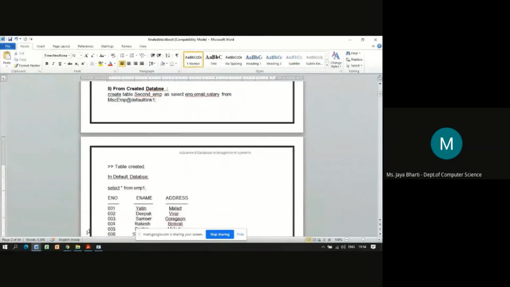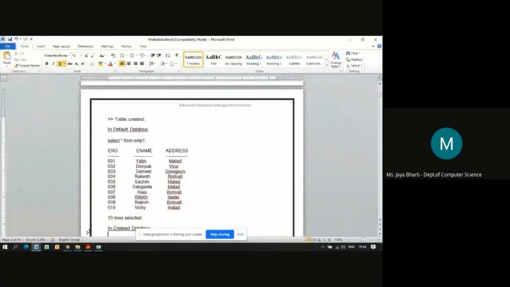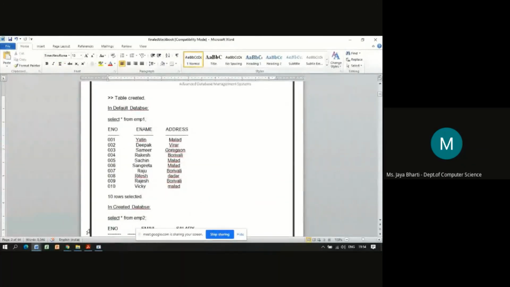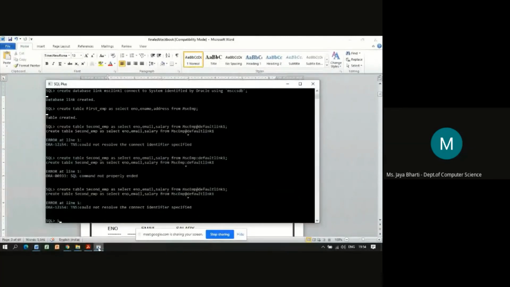After that, in the default database, we will just check whether it is created. Okay, the vertical fragmentation, that is select star from first underscore EMP. Okay.